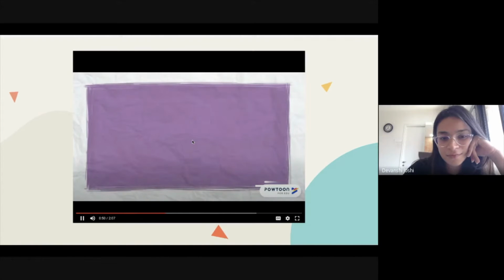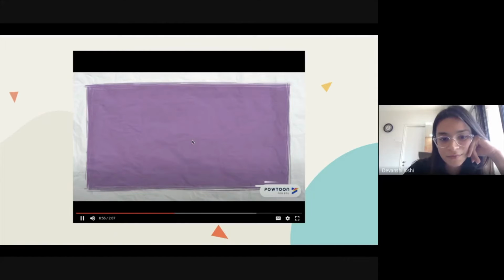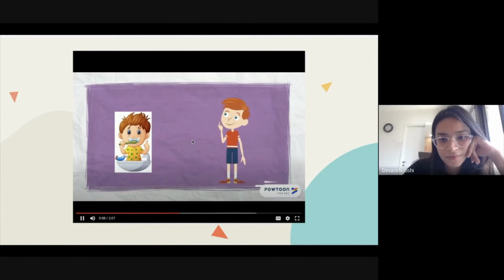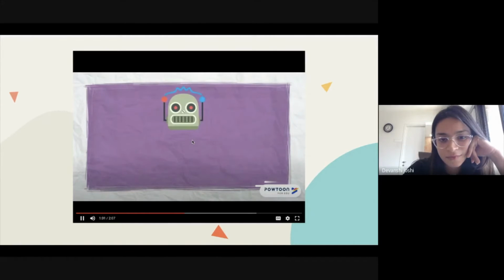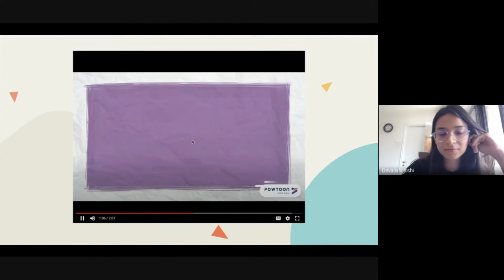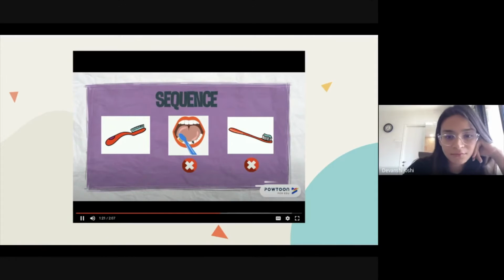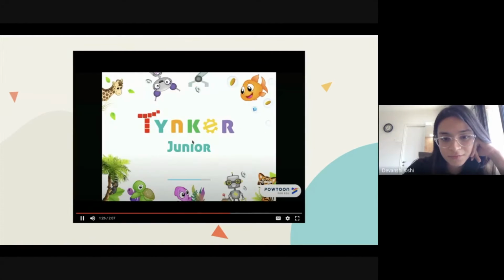Let us take an example of one of our daily routines. If I ask you all the different steps involved in brushing our teeth, you might be able to tell me. But if you want the robot to do the same, you will have to tell him the exact steps to be followed. What do you think would happen if the instructions were given in an incorrect order? You are right. The robot may not be able to process and execute the commands correctly, leading to a failure in the outcome. A sequence is thus a correct and clear order of a series of instructions given to a robot or a computer. What are you waiting for?